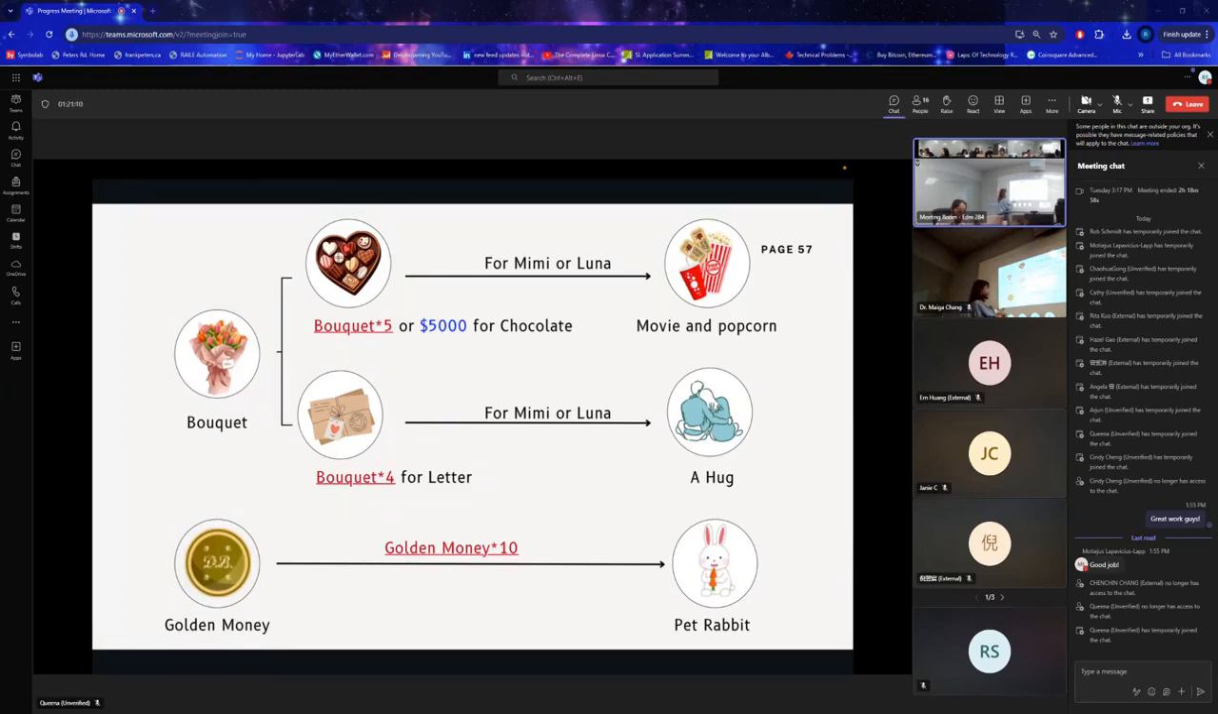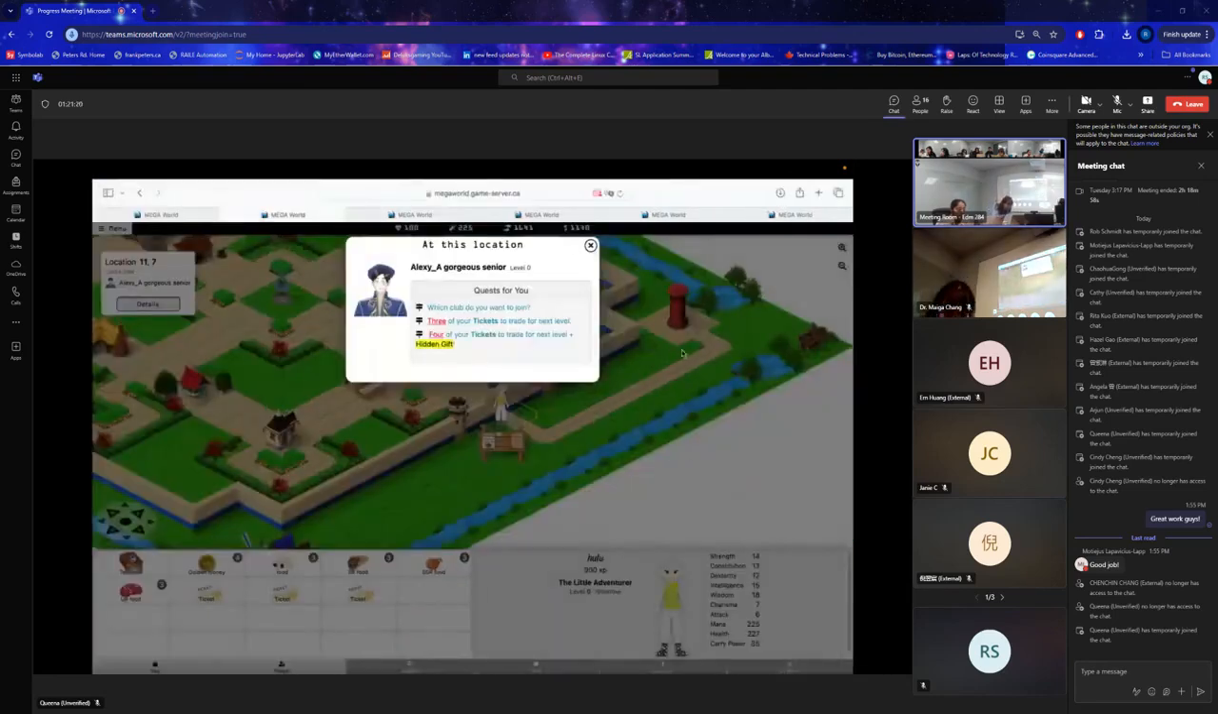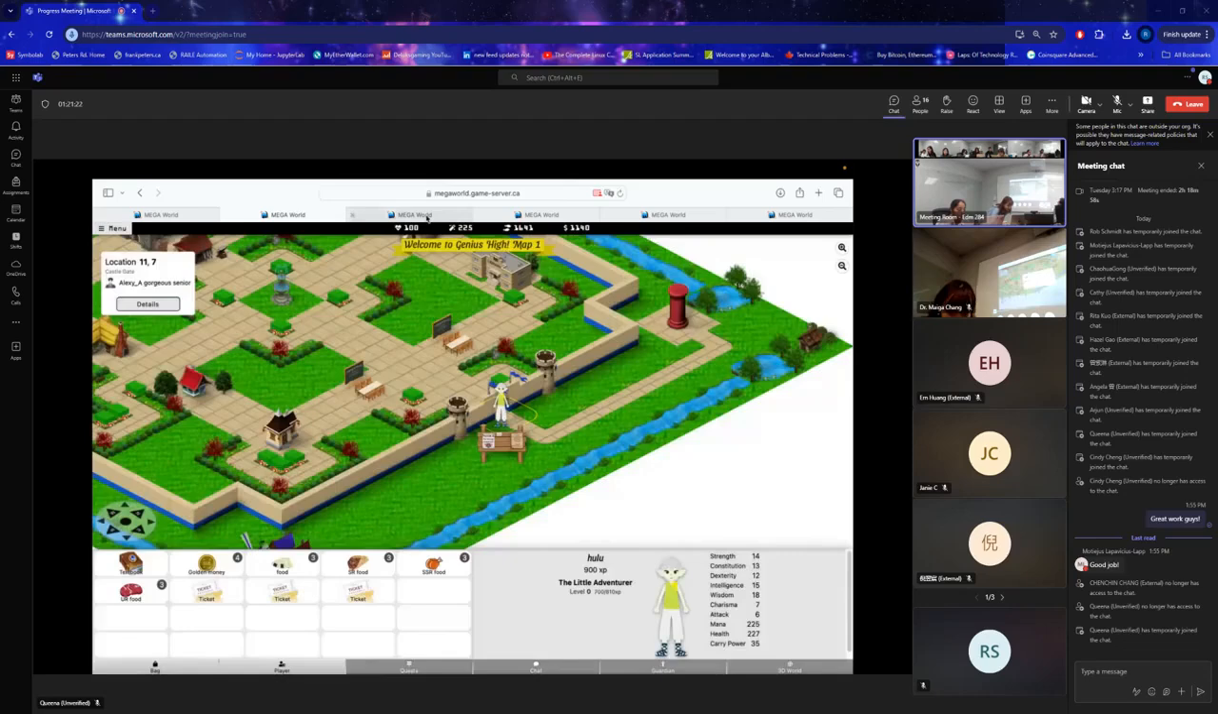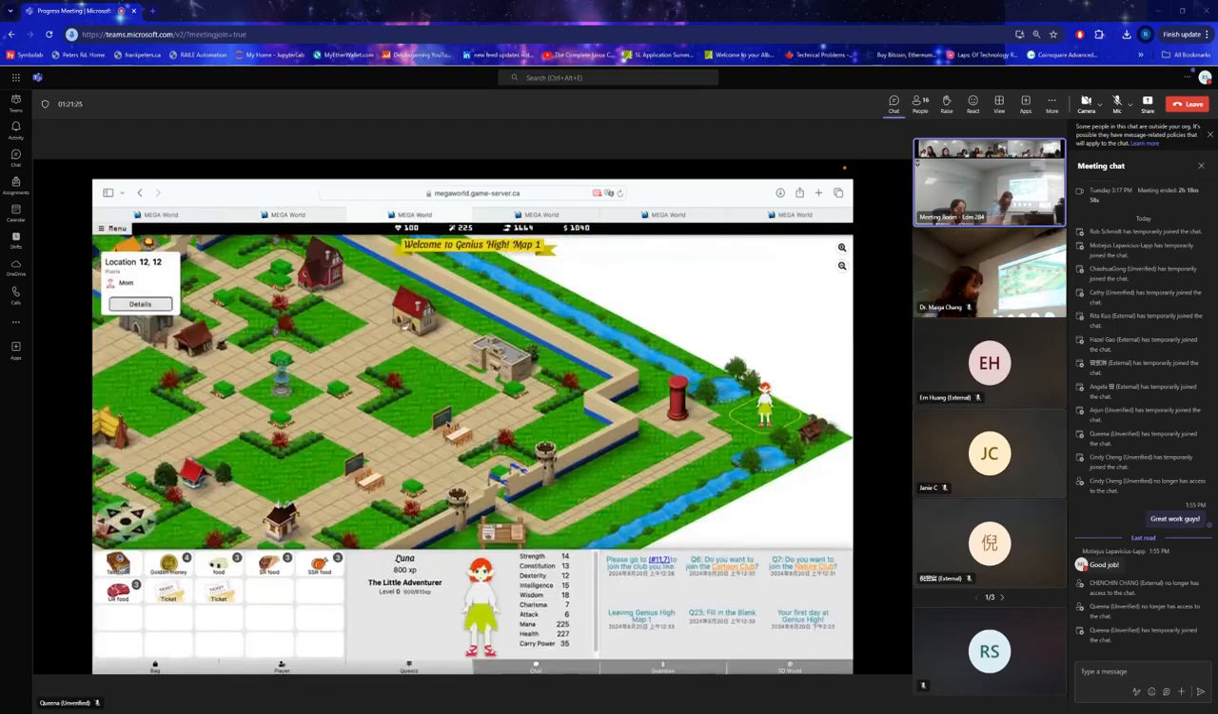And the golden money here, it shouldn't be too hard. This one is harder. So if you have 10 of these, you get a cute cat rabbit. So let's see what would happen. So this is my character here. I have